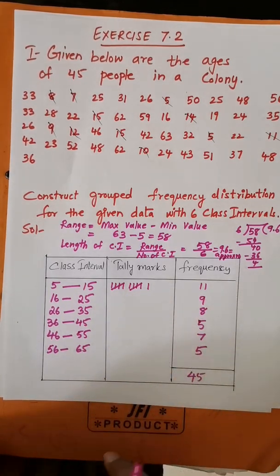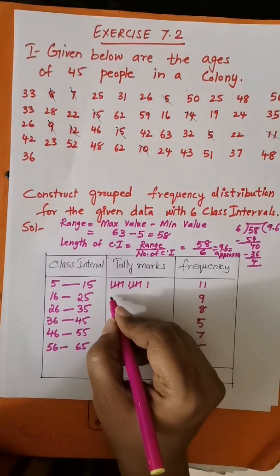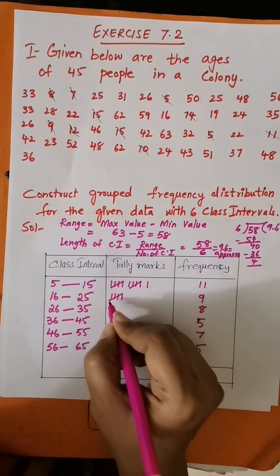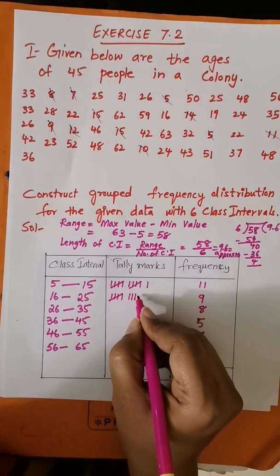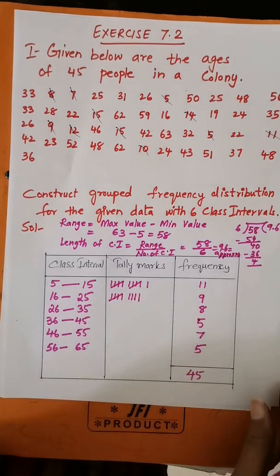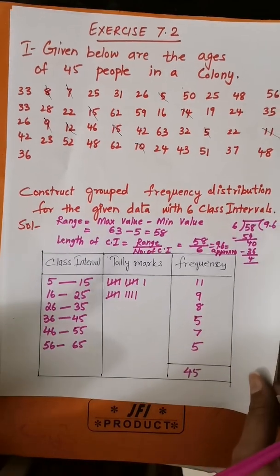You all know how to draw the tally marks, no? For 9, how will you draw? 1, 2, 3, 4, fifth one slanting, 6, 7, 8, 9. So like that, complete this sum. Okay, children. Next,